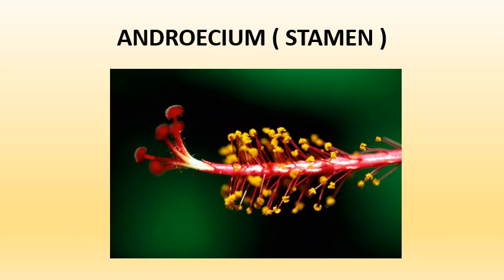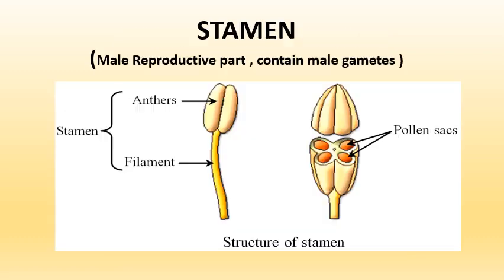Now students, look at the center of the flower. You will be able to see very small, slender, filament-like structures and feel dusty powder on it. These are the stamens, which together make up the male reproductive part of the flower called androecium. As you can see in the diagram, each stamen is made up of a long slender filament and a broad anther at the tip. This anther contains several pollen grains, yellowish powdery substance which you can feel, and these pollen grains contain the male gametes or cell.